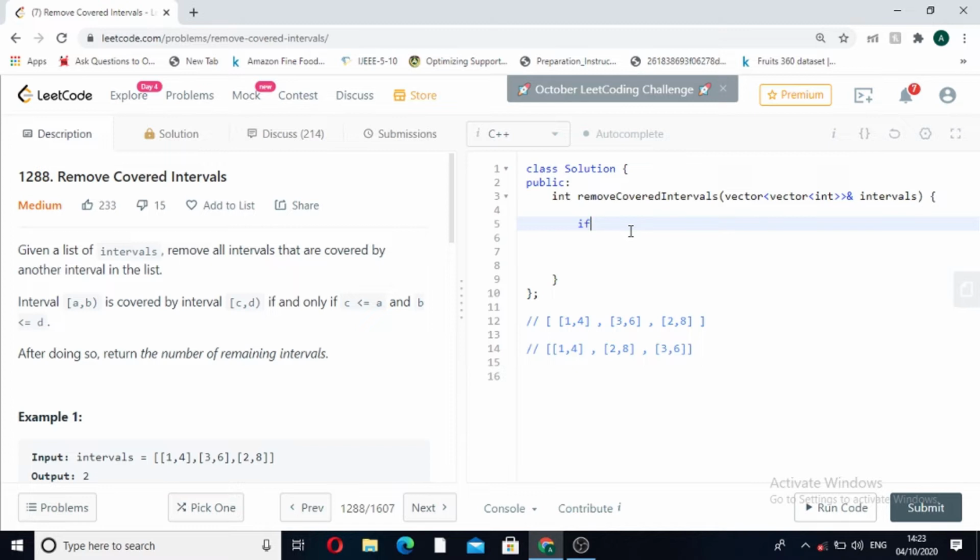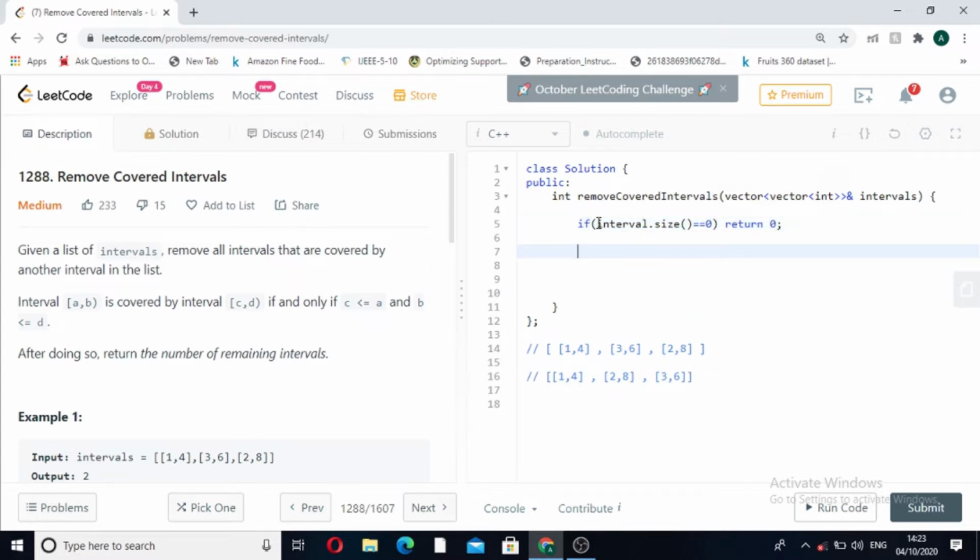First let's write the base case. Our base case is: if our vector intervals dot length is 0, it means that there is no list, no interval present, so we will return 0. If intervals dot size equals 0, we will simply return 0.